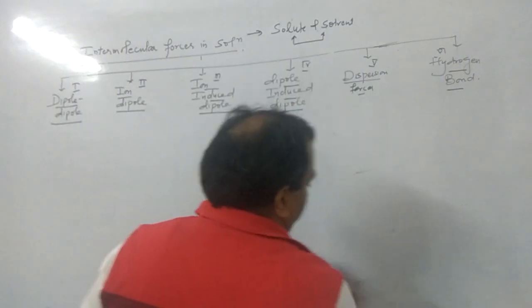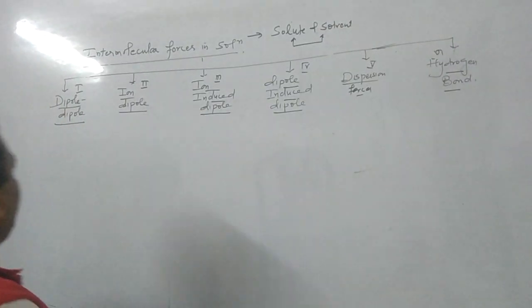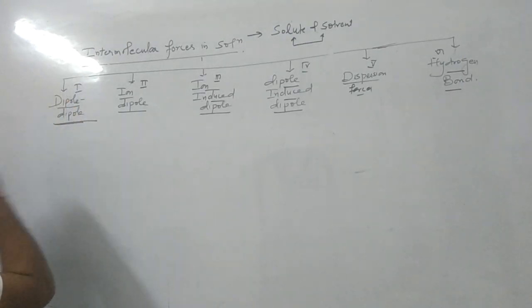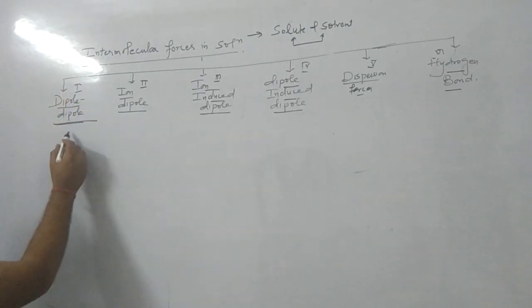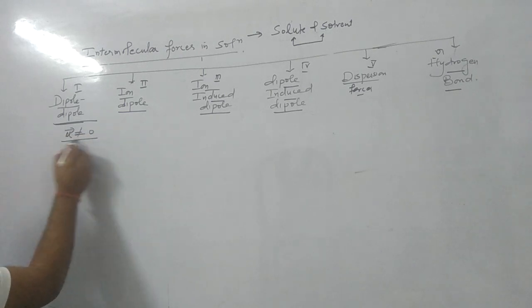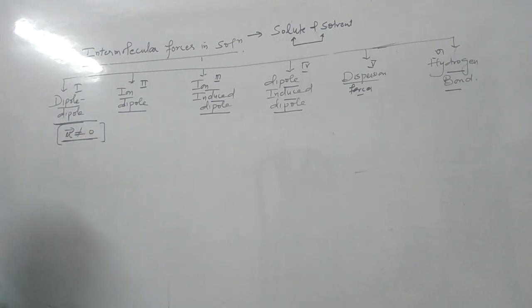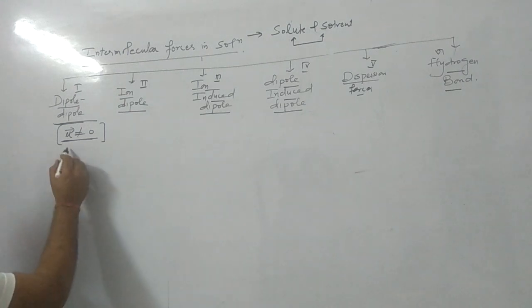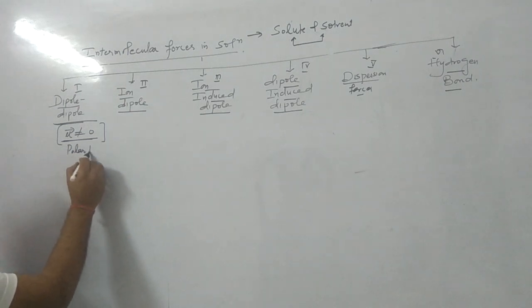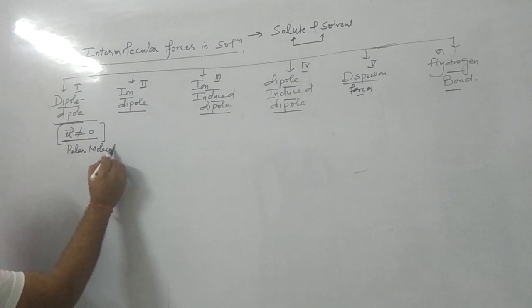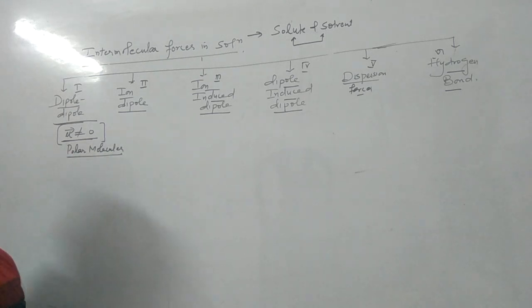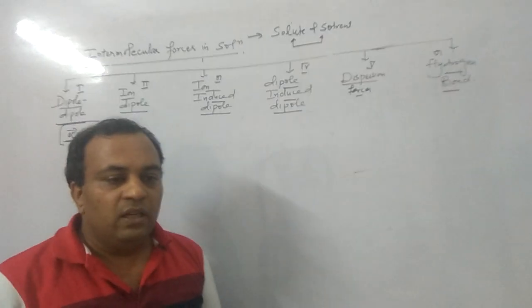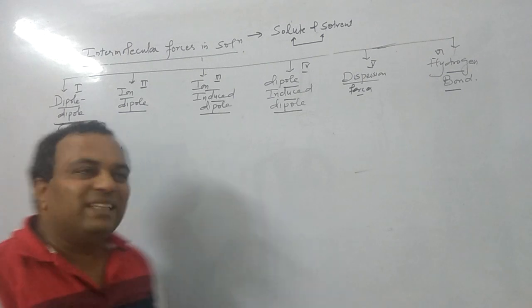See now. First type of forces, dipole forces. These type of forces occur when both the components have dipole moment not equal to 0. Not equal to 0 means we are having both polar molecules. कैसे molecules होंगे बेटा? अगर हमारे दोनों molecules polar होंगे, then the force will be dipole forces. The example is